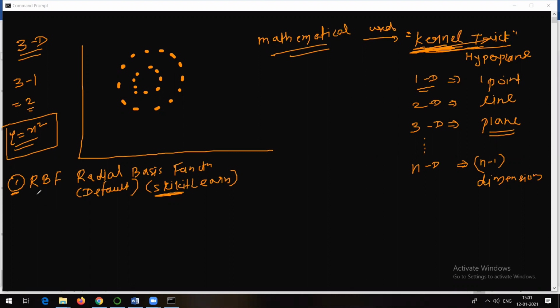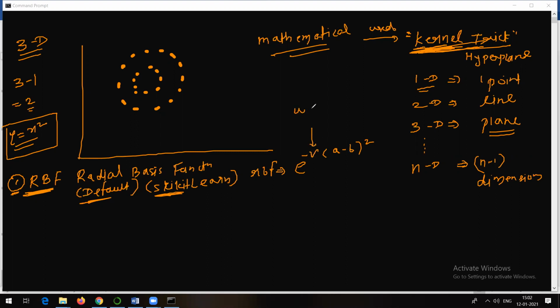But support vector machine in the background makes use of kernel tricks, and kernel tricks make use of some methods or functions. The first, default method used by the kernel trick in support vector machine is the radial basis function. Now what is this radial basis function? There is an equation for this. Radial basis function RBF, the equation looks something like this: e raised to the power minus gamma into a minus b whole square. This is the equation of radial basis function, where